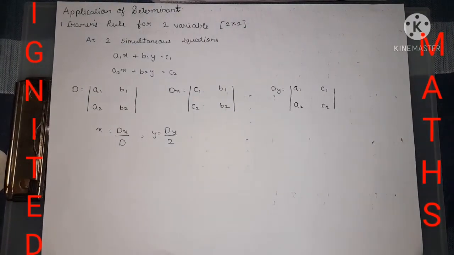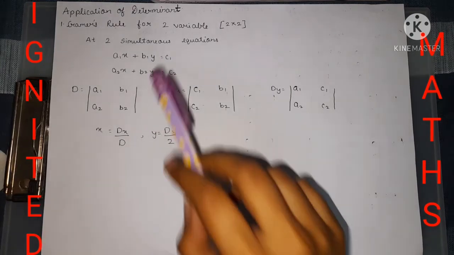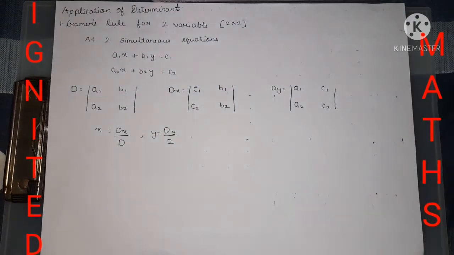Going to solve the Cramer's rule with the help of two variables. At first we solved with 3 variables, where a 3 cross 3 determinant occurs, but over here we are solving with 2 variables, so a 2 cross 2 determinant occurs. Okay, so this is an important tip I am going to give. In most of the exams, you need to solve the Cramer's rule with 3 variables. The 2 variables are just for the concept, and the 3 variable case is very important from the exam point of view also. So that's why I mentioned it over here.